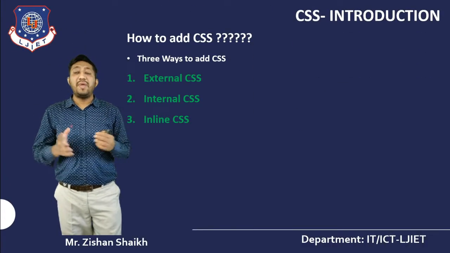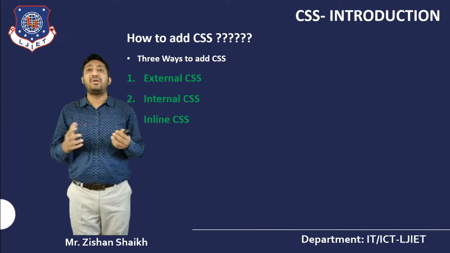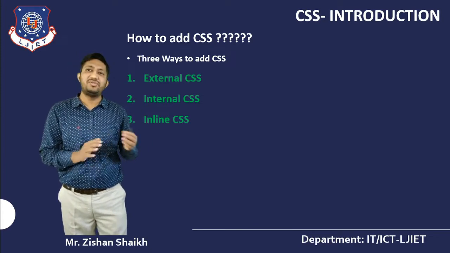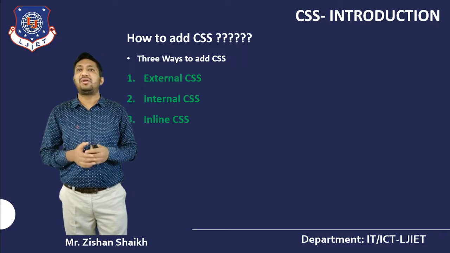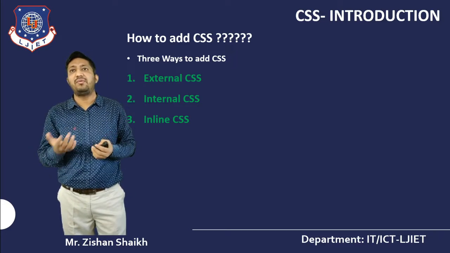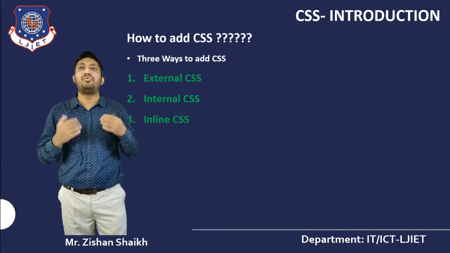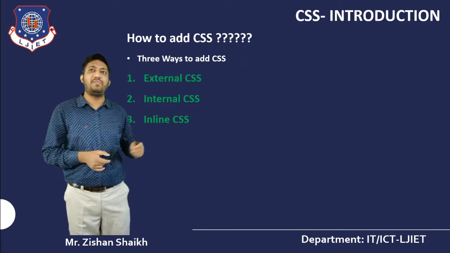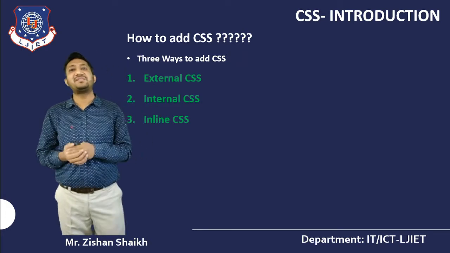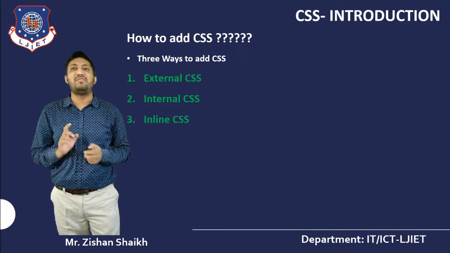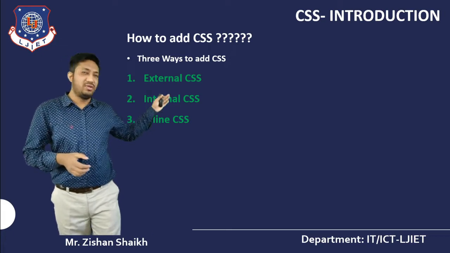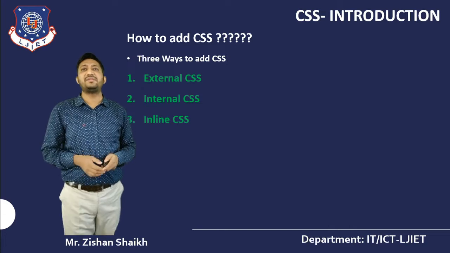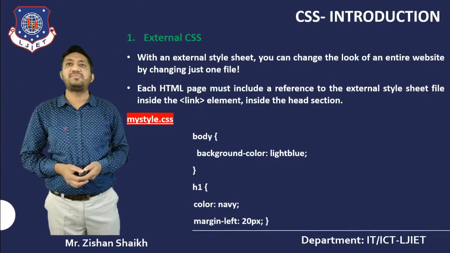Now the main question is, whatever I discussed till now, how can I apply it in my actual CSS file? We know the types, the syntax and the selectors, but how to write them in my CSS file, that is the question. So this is our next topic: how can we add CSS in my HTML file. For that we have 3 options: external, internal and inline. So let's understand all these CSS types one by one.